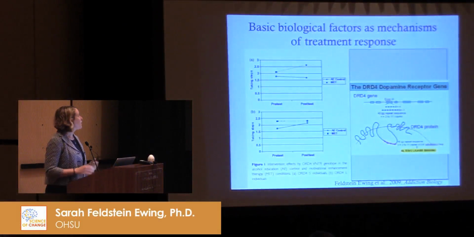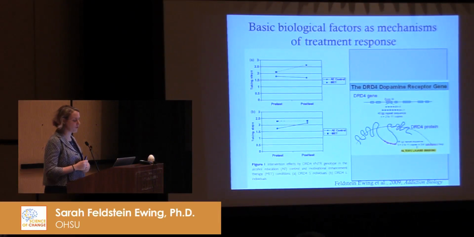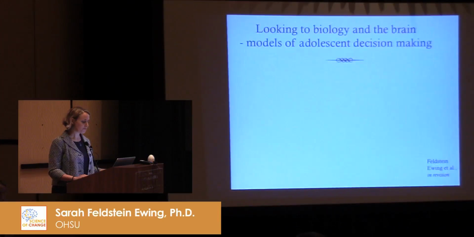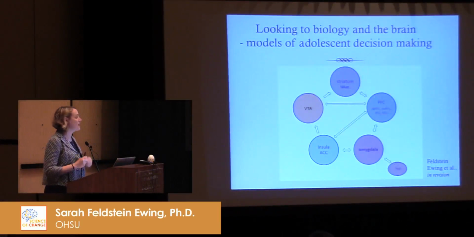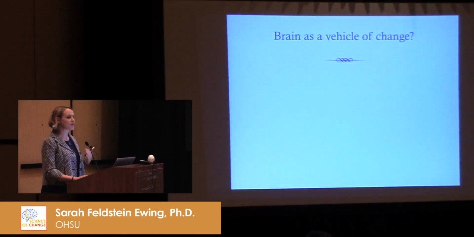I've also been thinking about the potential role of basic biological factors, including genetics, as mechanisms of treatment response. And here again, this is earlier work showing that DRD4 long individuals had poor outcomes in MI, which was motivational enhancement therapy, versus the alcohol education control, as compared to kids who had the DRD4 short genotype. So, this has really caused me to think about trying to link biology in the brain in terms of adolescent decision making. And really, this brought me to Francesca because I keep coming back to the brain as a vehicle